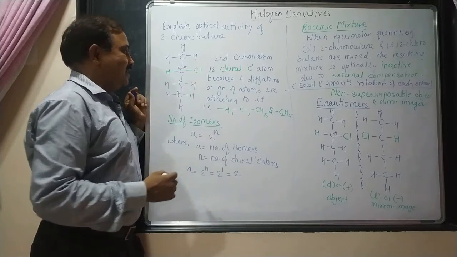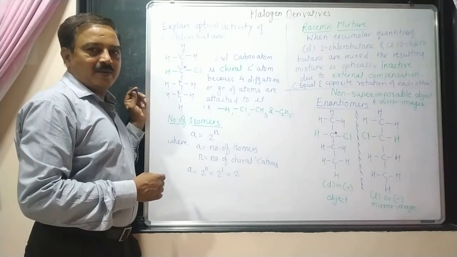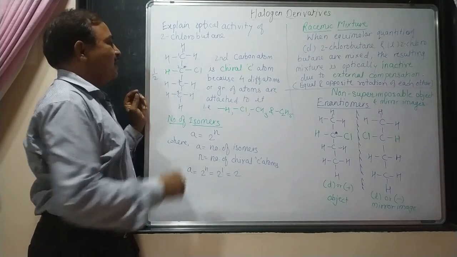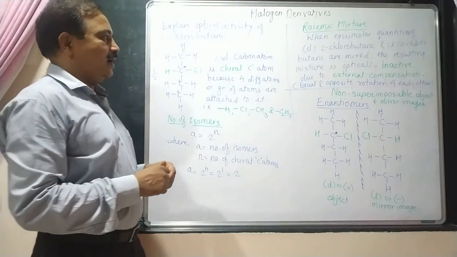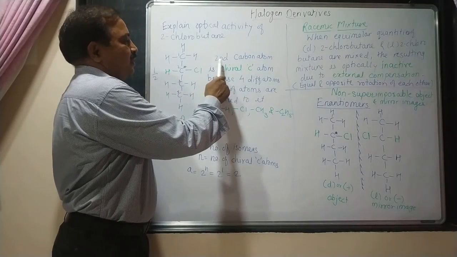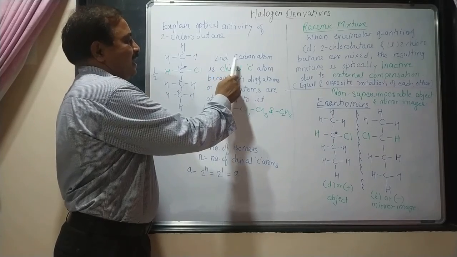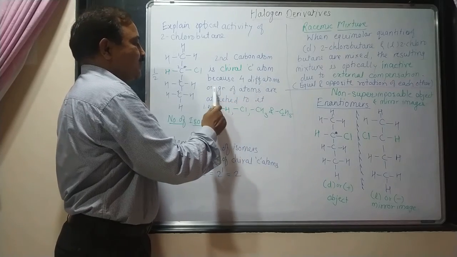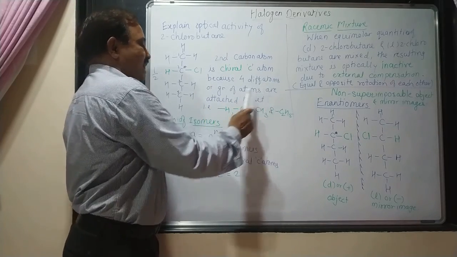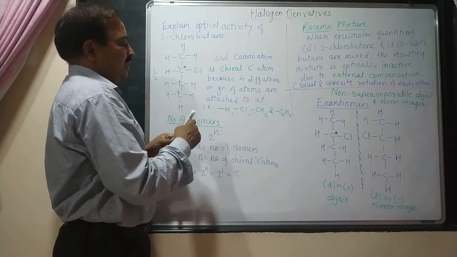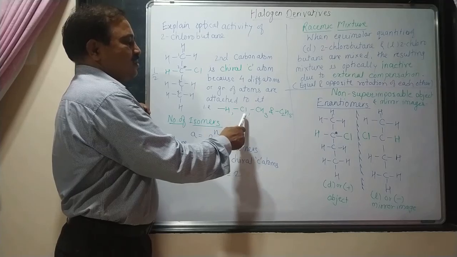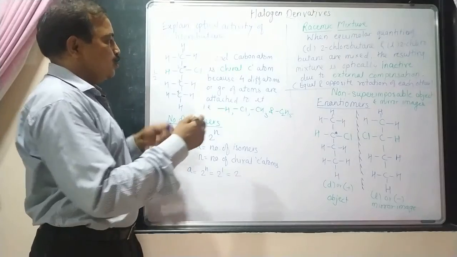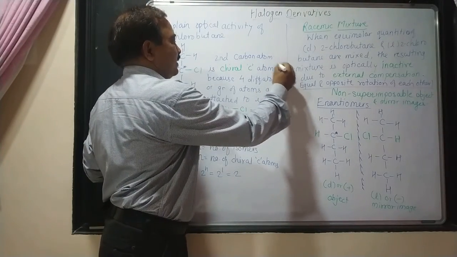So that a star-marked carbon atom is called a chiral carbon atom or asymmetric carbon atom. If you draw the structure there, you will get half a mark. For another half mark, you have to show that the second carbon atom is a chiral carbon atom because it has 4 different atoms or groups of atoms. What are these? The first one is hydrogen, second chlorine, third is CH3 and fourth is C2H5. If you show this, you will get another half mark.